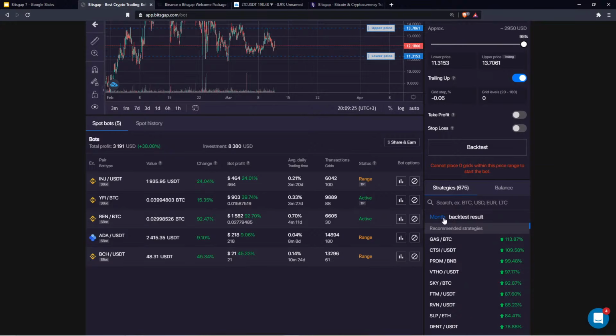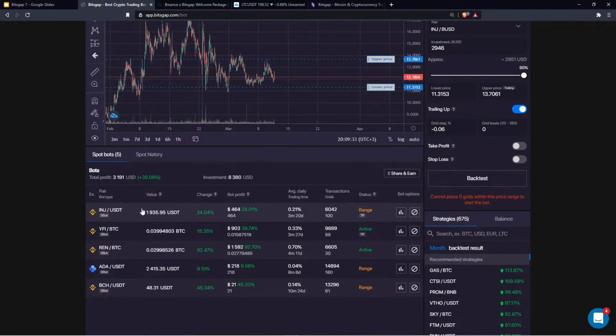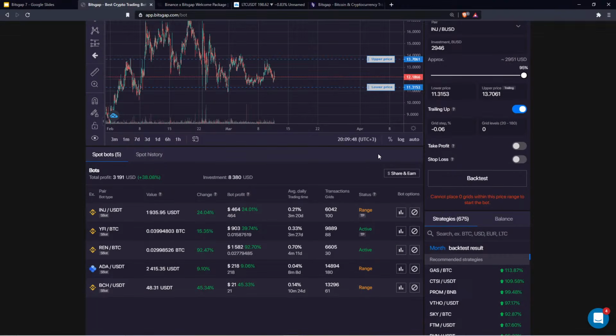So how can you add funds to a bot while the bot is working? Well, the answer is that it is not possible. Once you launch the bot, that's the only investment value. It's frozen. You can't do anything about it, because otherwise it would imply that you would cancel out some open orders and it would have to create new orders. It really makes sense just to close the bot and launch it with a new